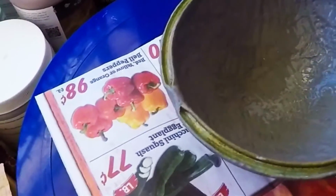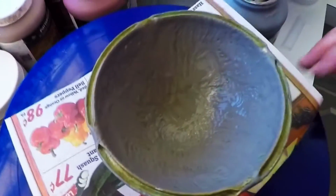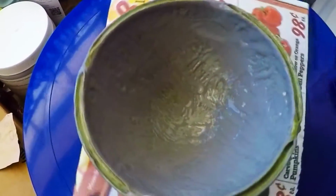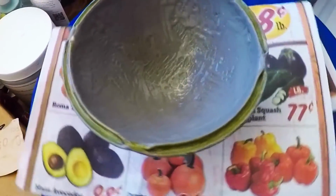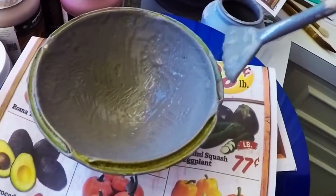Okay, it's separating right there. Maybe I needed more hairspray. So it's pretty much covered. And I can see brush strokes in it, but I think I'm going to put another coat of glaze on it before I'm done. So then, with the